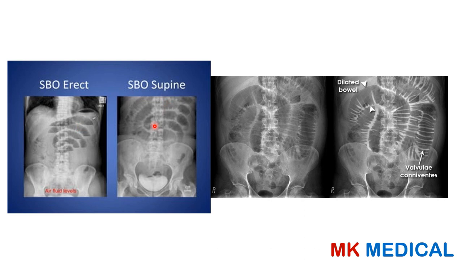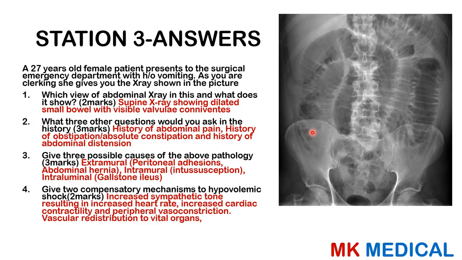Then with the supine type of x-ray, these ones tend to just have pretty much the dilatation of the bowel. You also do notice these things that are traversing the entire lumen, what we call the valvulae conniventes, which are usually typical with small bowel obstruction. So this person here has taken a supine x-ray, which is going to be showing you this dilated small bowel